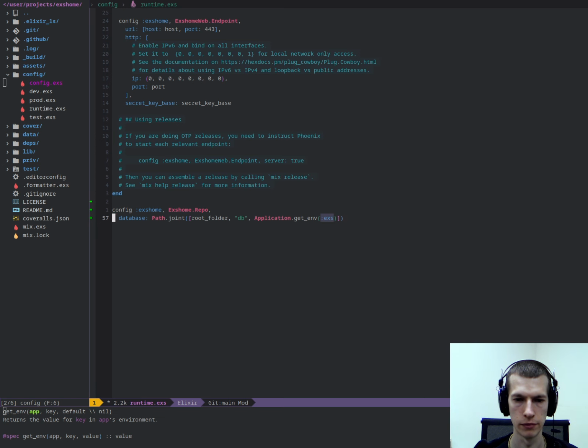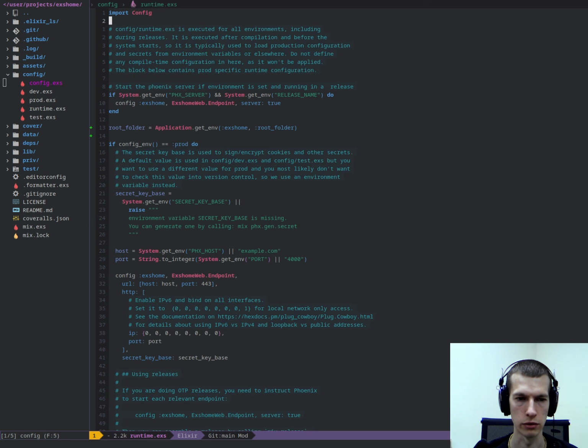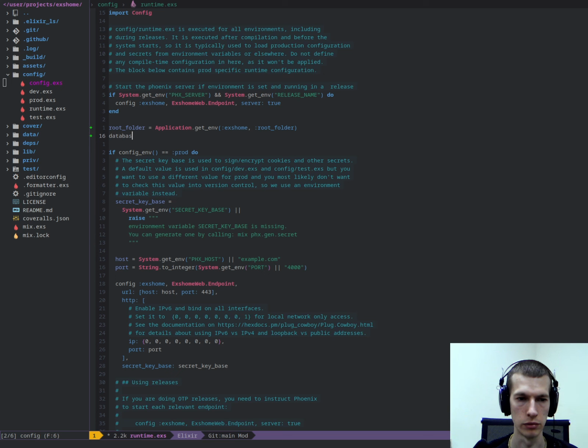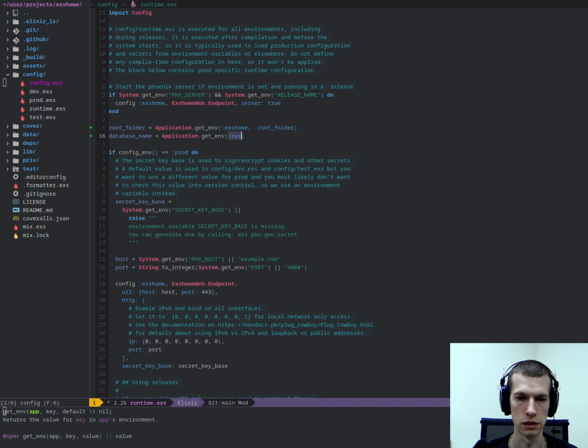Okay, let's name it like this. So we have a root folder and database name will be application get access home, access home repo, and